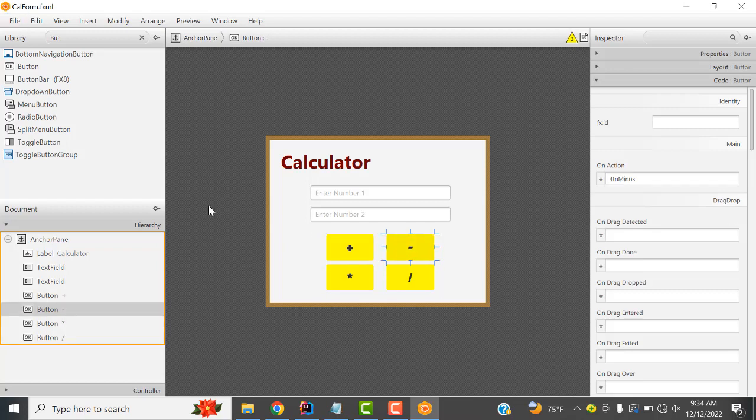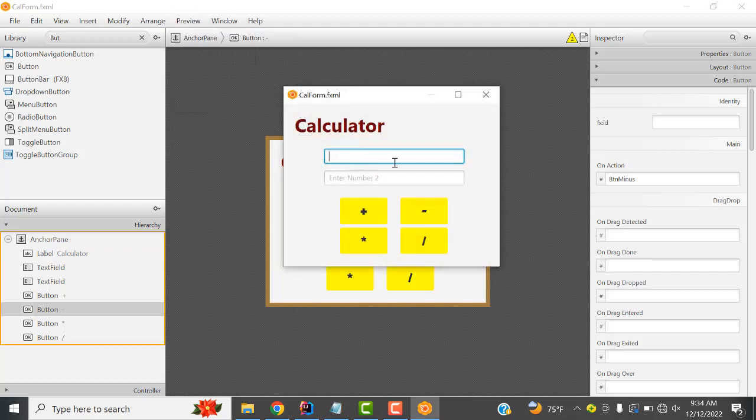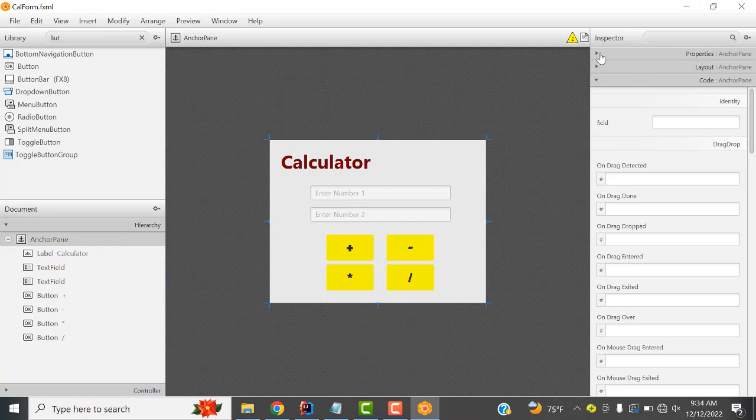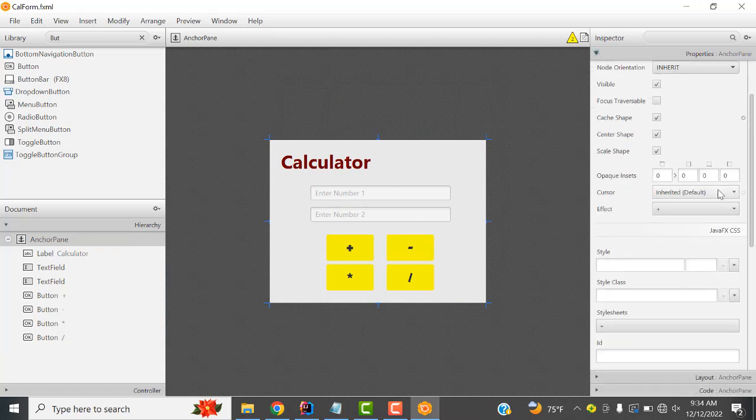Now if you have done this, you can see the output as a preview. It should look like this. This is the output. We haven't given any code here. Let's see the output over here, right? Perfect. We have done it perfectly. Right. Now what I'm going to do is